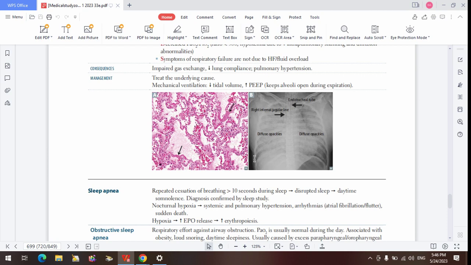Exactly. So you are creating a gradient to drive air towards the outside. If you make the one outside more negative, that means you want to move air towards the outside. In the process, you are expanding the alveoli. That is what we call the transpulmonary pressure. That's why the direction of the transpulmonary pressure is always towards the outside, so that it can keep the alveoli widened.